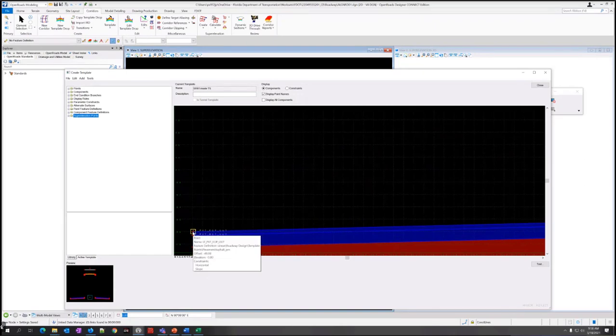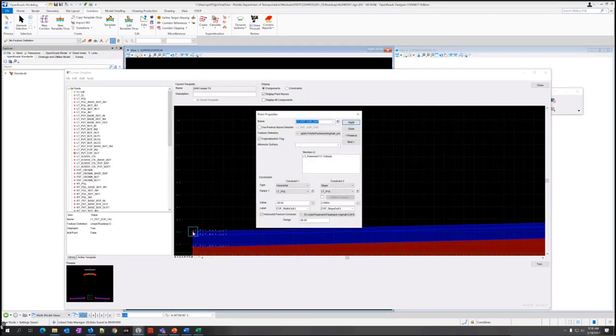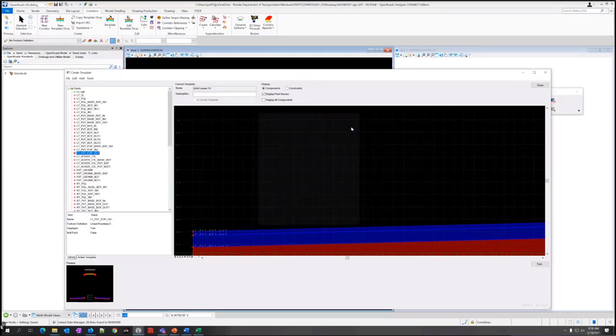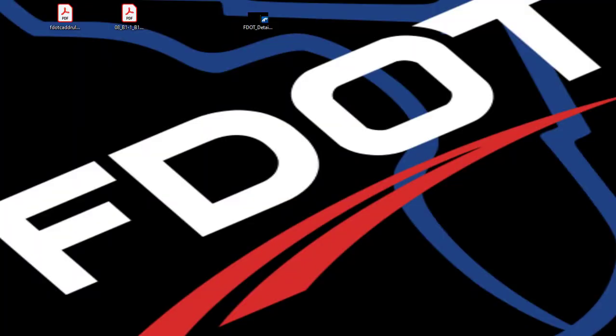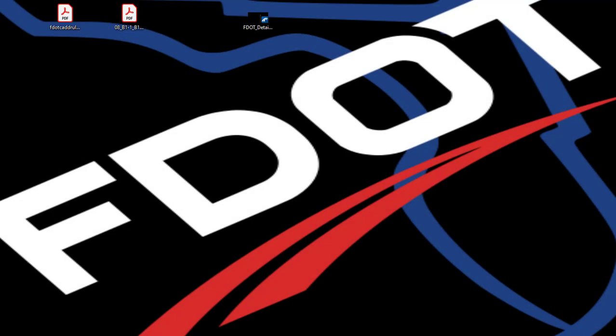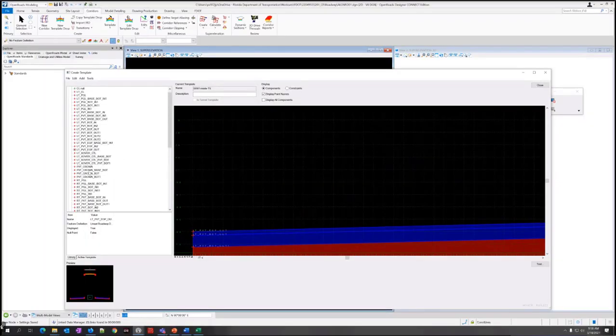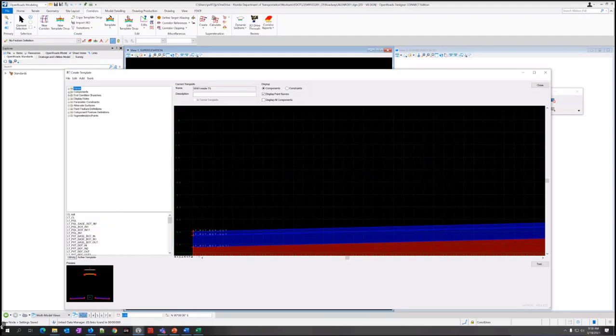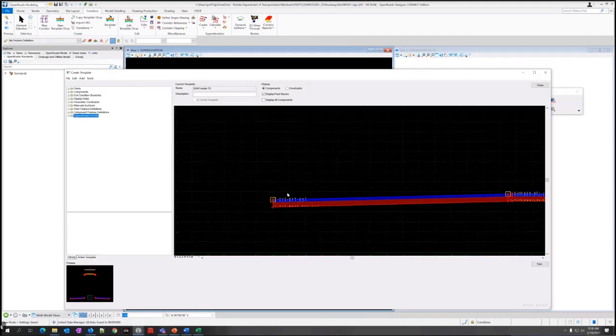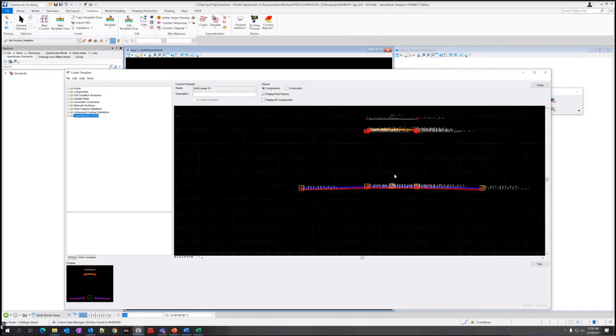So if I edit one of them, just double click on it. This option right here, super elevation flag, is checked on for that. So what you want is any point on the pavement that's affected by super elevation, you need that super elevation flag turned on. So this is already set up because we built the template for you already, so you didn't have to set it up. But often in some of the default templates it may be set up, but for your project you probably want to go through and set it up.